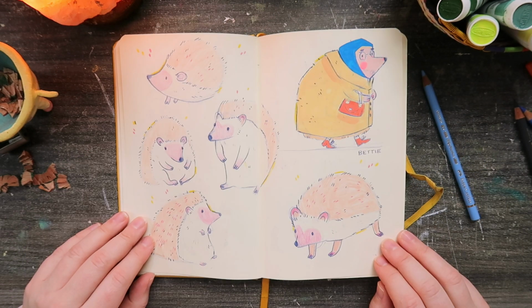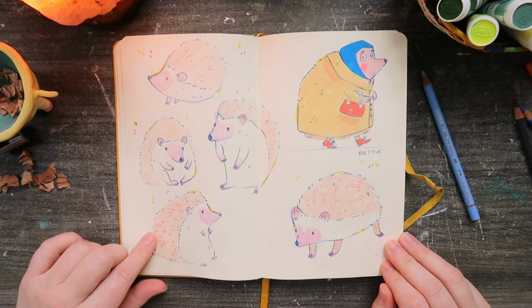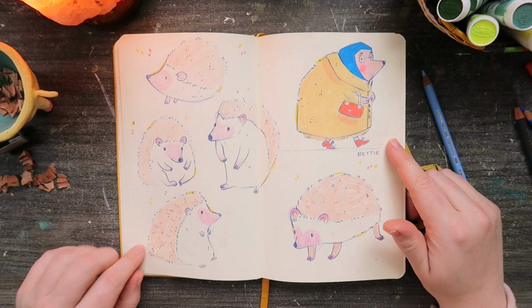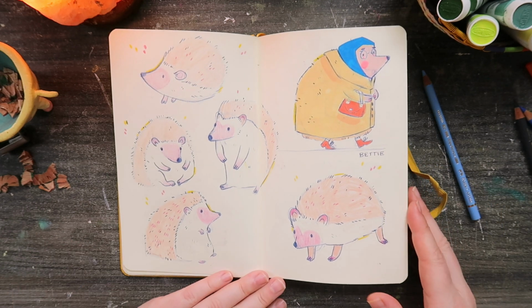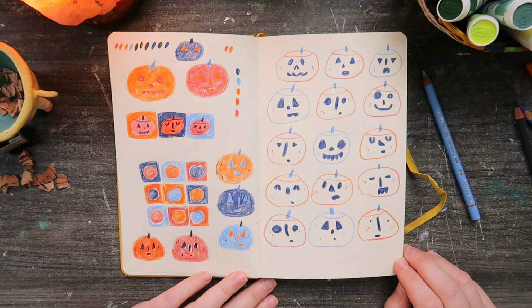I can't remember what this is for. I know that I did a digital piece. I think maybe I just did it for fun, or maybe it was another prompt challenge, but it was a little hedgehog and I drew lots of different little hedgehogs, and then I basically tried to make that hedgehog like humanized, anthropomorphic. Then I think I had this idea during Halloween, sometime around Halloween, for probably a prompt